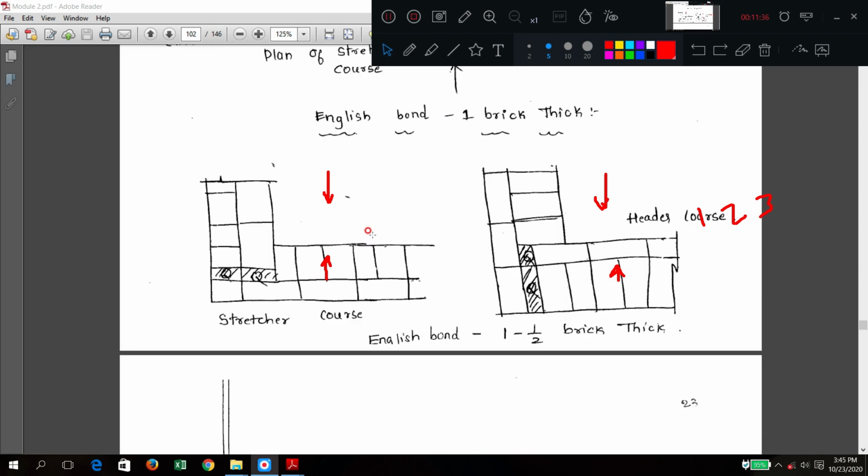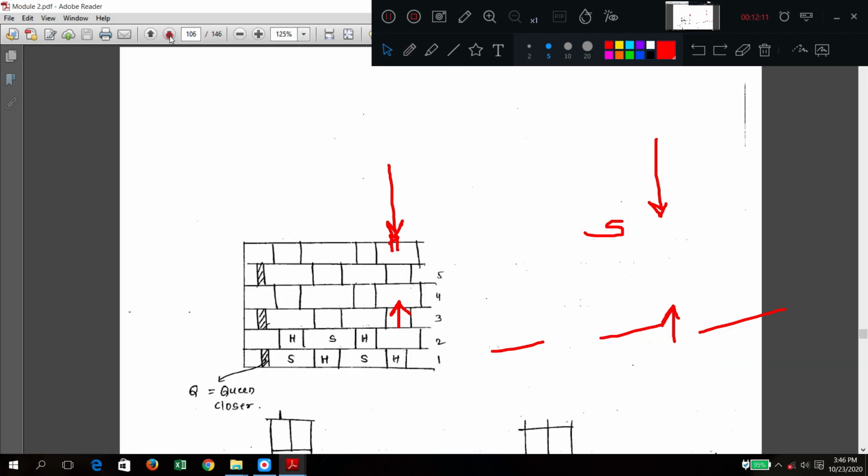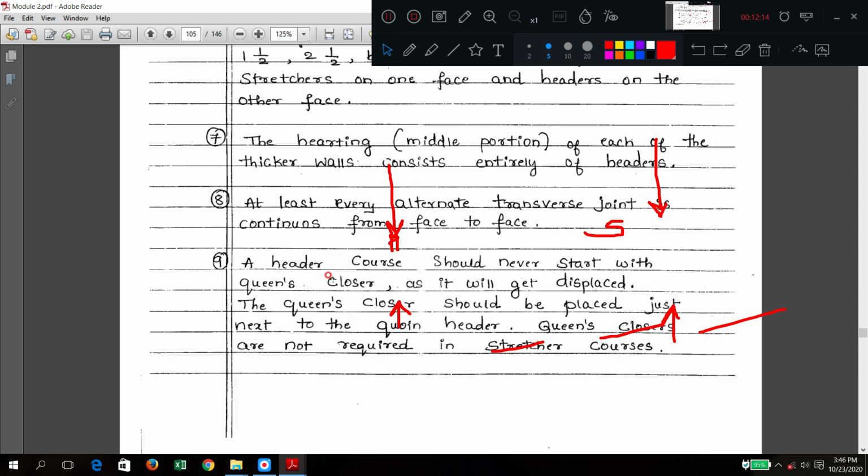Now that will change here. This is 1.5, 2.5, 3.5, odd multiples of brick. See here, you are seeing a stretcher at the same location. If you come from the backside and see, that will appear as a header because the arrangement is like this. Similarly, if you see a header here, a stretcher will appear from the other side. I hope this explanation is clear now.